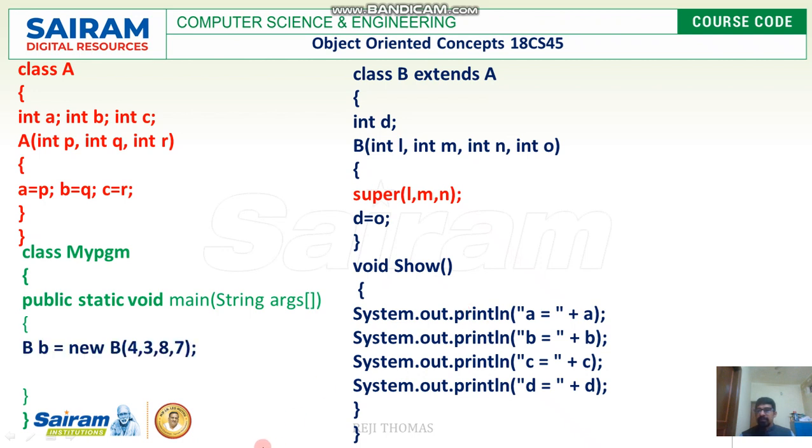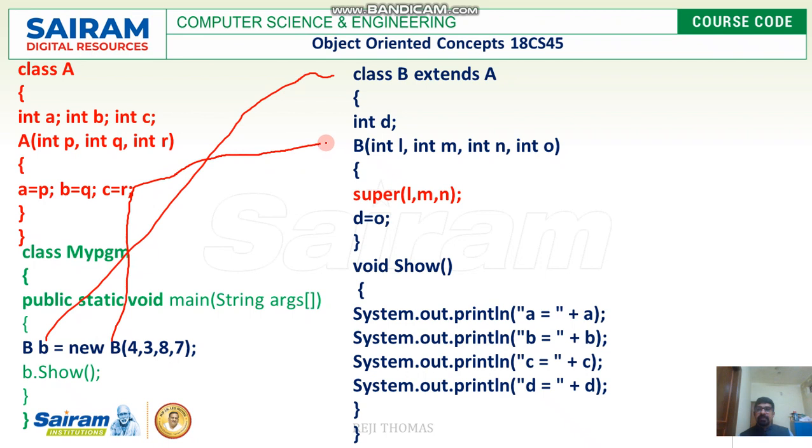So this is the main method, where I've created an object of the class B. This is the object for the subclass. So B is the object which is going to invoke the constructor in the subclass, where L takes value 4, and M takes value 3,